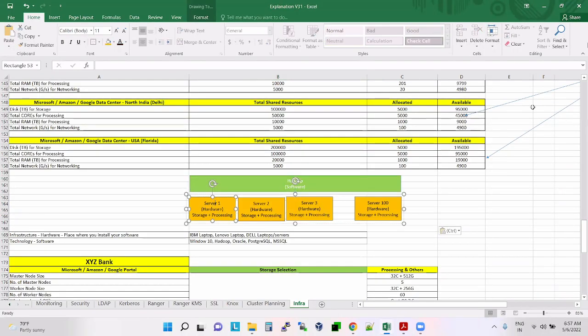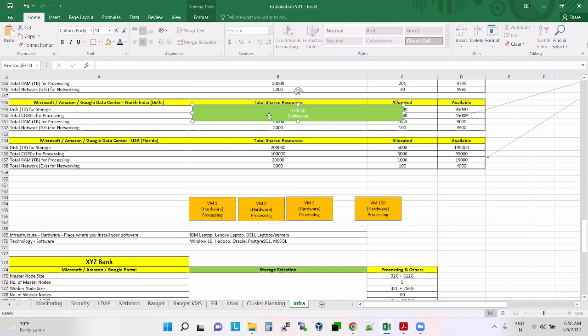But when it comes to this model, instead of a server we'll have a VM, and here only processing.